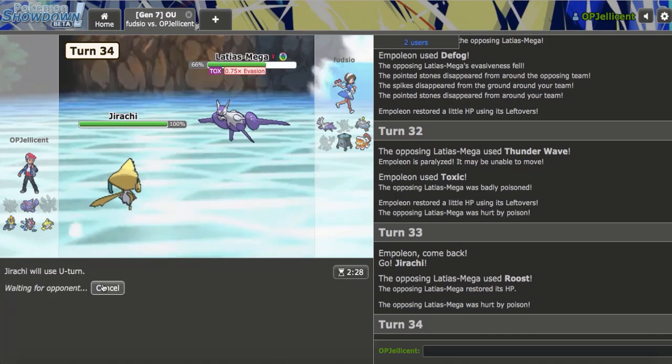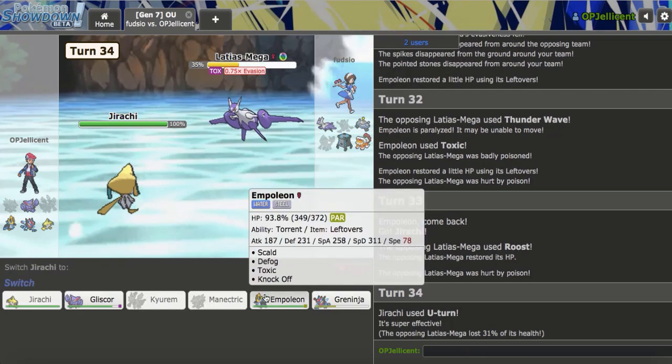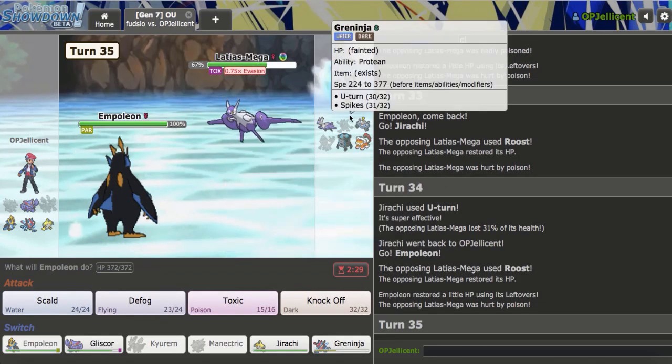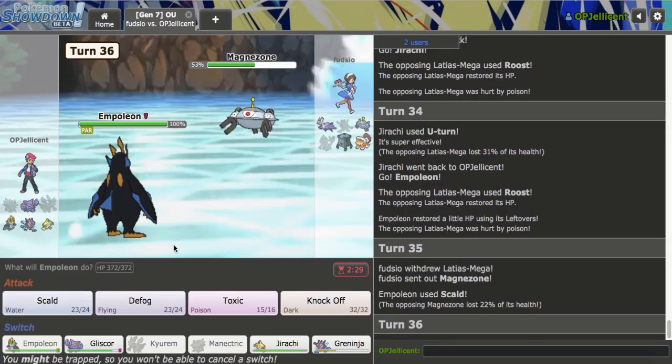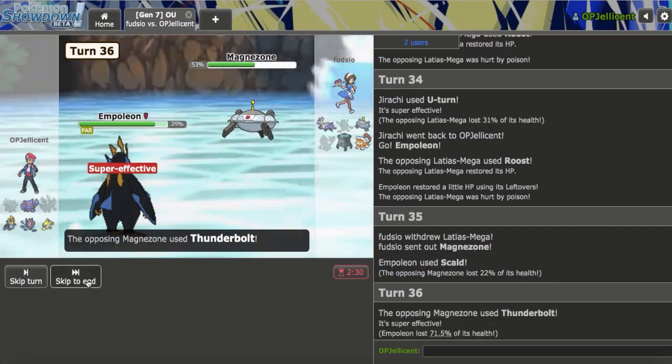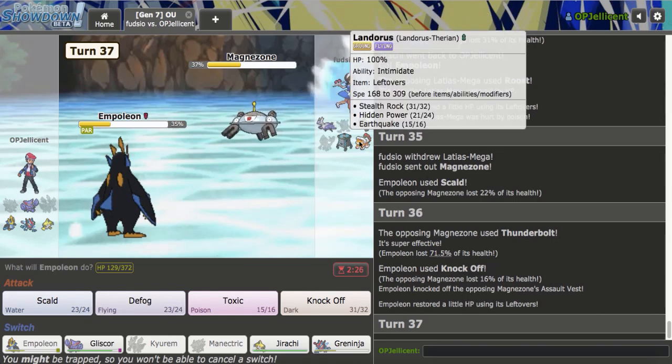Every turn they stay in is every turn that I'm ahead. Yeah, because I'm getting Hazards chip on this, which is really nice, as they Roost up again. And I can just start spamming Scald, because it catches... Please give me this damage, that's so good for a Gran. In fact, I think if I Knock Off the AV right here, I win. Yep, I just win the game now with Surf. Or actually, Dark Pulse would be the button, but...